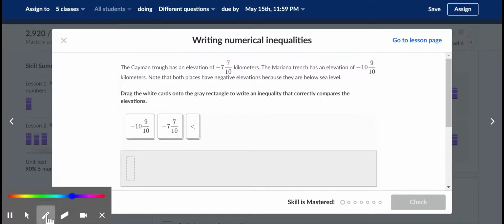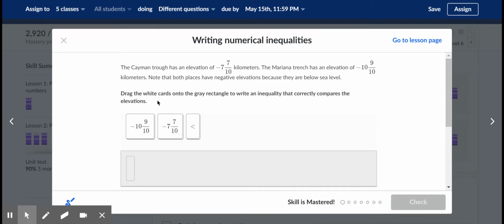Okay, so today I'm going to go over writing numerical inequalities. Really, it's just telling the difference between whatever two numbers are, which one's the smallest, which one's the largest, and paying attention to your inequality symbol. So if we're looking, we really just have to drag the white cards onto the gray triangle or rectangle to